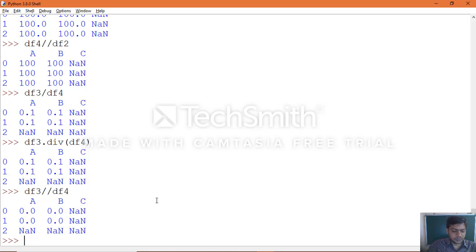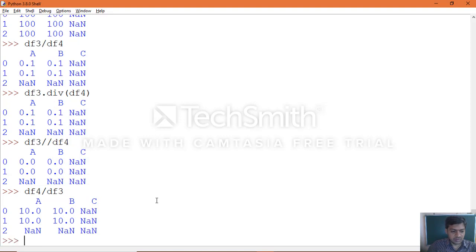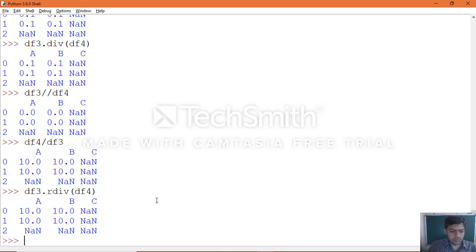Same way you can apply the reverse, the other way of execution. See df3.rdiv(df4). You can see the floor division.